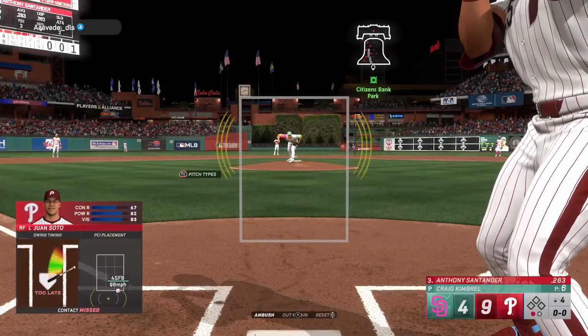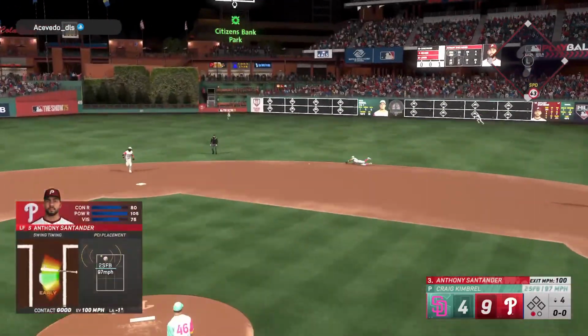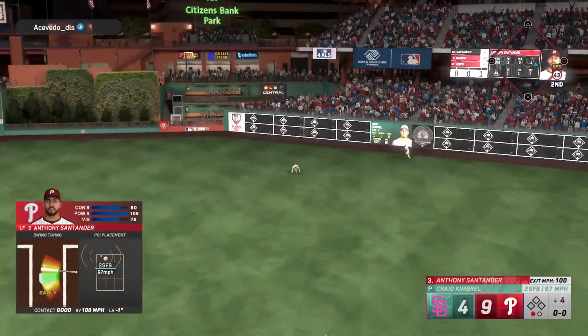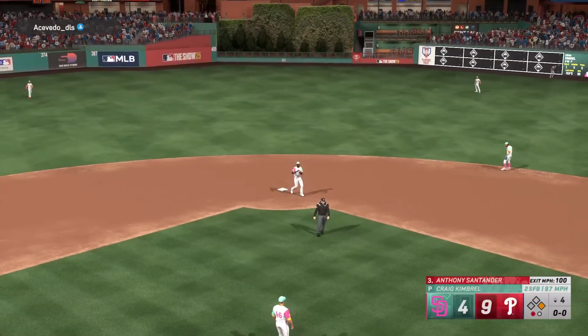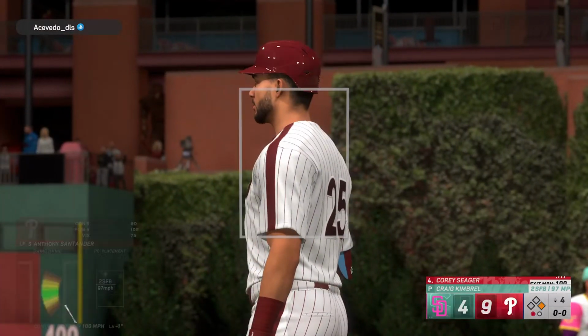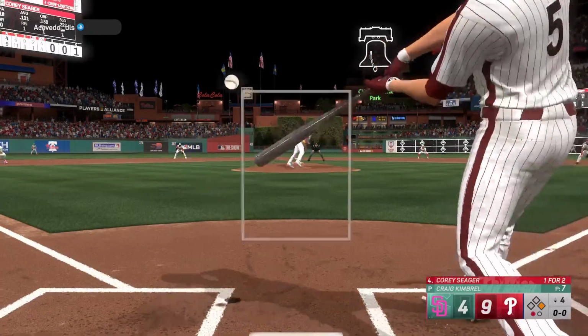So digging in now for Philadelphia, Anthony Santander. That one sizzling on its way through to the outfield. So a man aboard now with one away. Seems like he got exactly what he was looking for right there. Everyone's trying to elevate the ball in today's game, but...